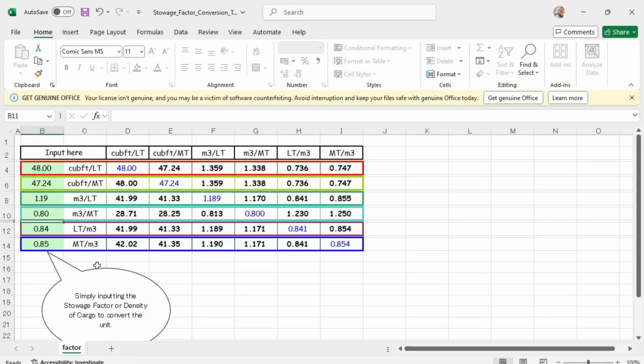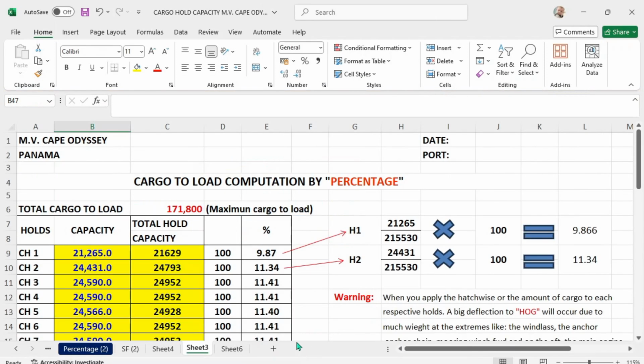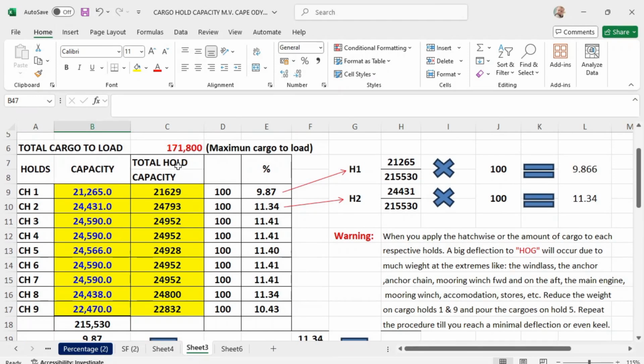Now, okay, percentage, we load by percentage. So our maximum cargo is 171,800, and we put here the capacity of each hold. Number 1 will be 21,265, number 2, 24,431, and so forth, and the total capacity of the cargo hold is 215,530 metric tons, and the total hold capacity for each hold is